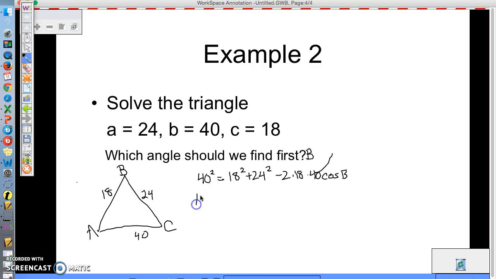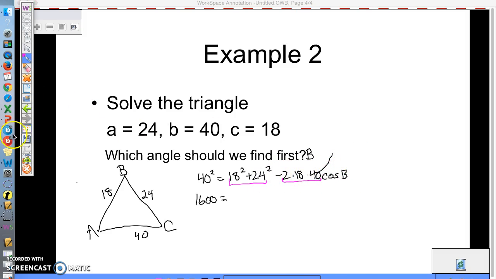So we have 1600. And now we can combine some of this. Sorry about that, we'll erase that. We can combine, well, we add here. Some people are like, well, why can't we type this all in? Well, this is all multiplied together times that. So we can't just combine those because this is